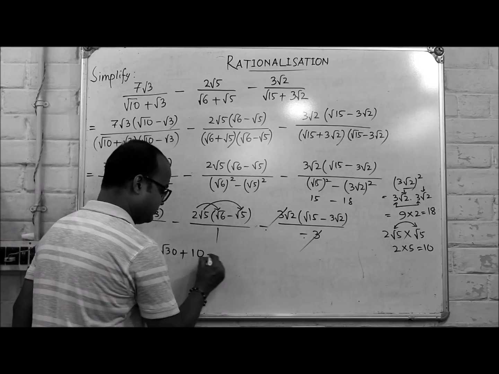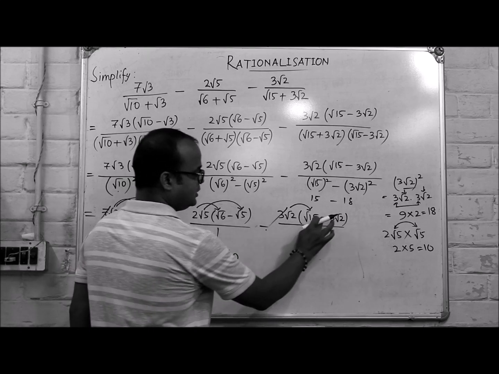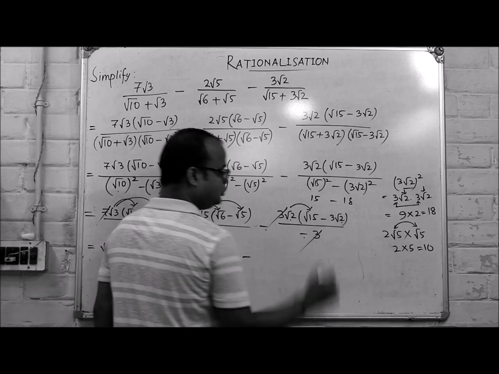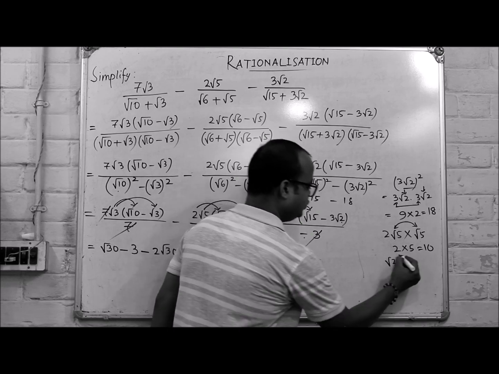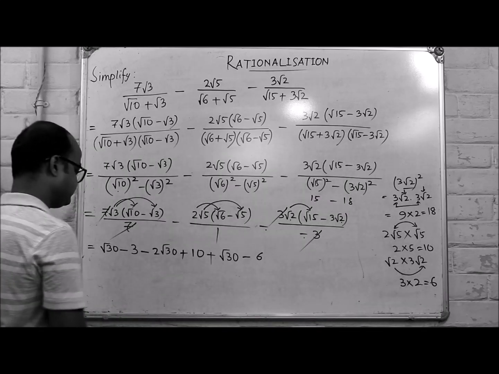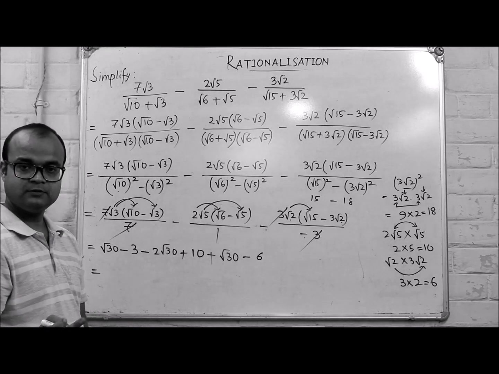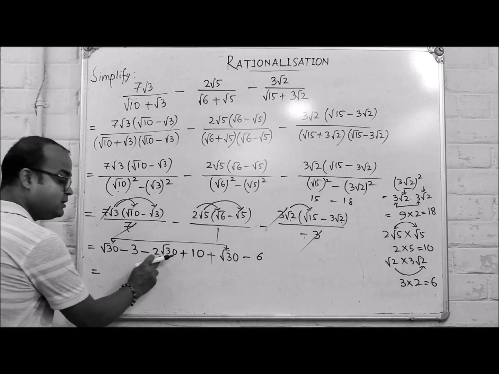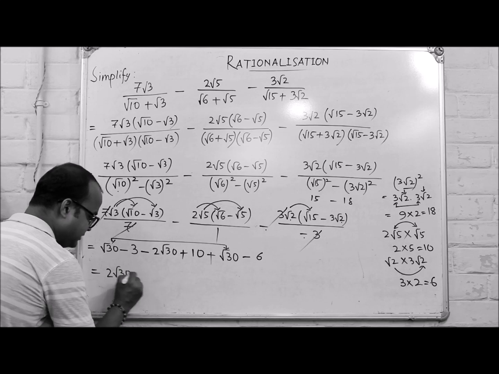This minus and this minus will become plus, root 2 into root 15 is equal to root 30. Minus sign, this is a plus sign, so sign remains negative. Root 2 into 3 root 2: root 2 into root 2 is 2, times 3 is 6. This part calculation I am showing you here. Root 30 plus root 30 is equal to 2 root 30, plus 2 root 30 and it is minus 2 root 30. So in the next step or in the same step you can cancel out. So 2 root 30 minus 2 root 30,